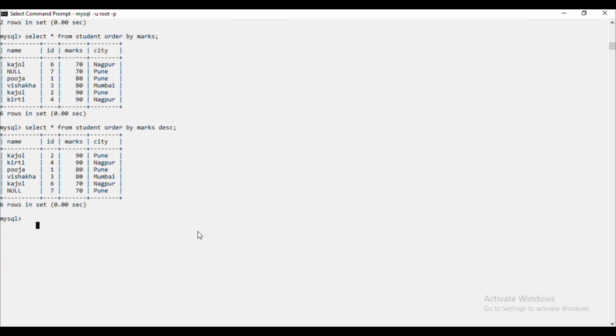So now next we will see the foreign key. A foreign key is basically one that refers to the primary key of the same table or another table. So first we will create the table department, and we will make a column a foreign key. So create table department